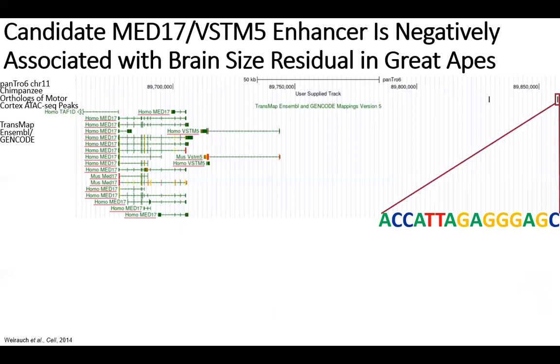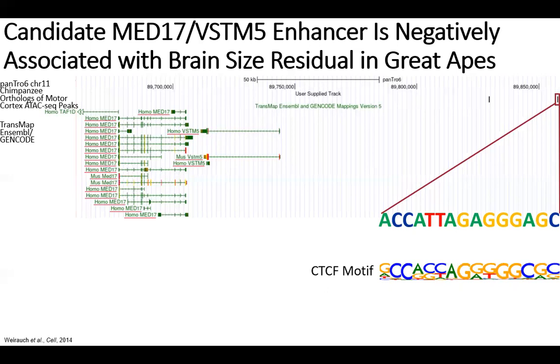Now this sequence actually matches the binding preference for the transcription factor CTCF. And as was mentioned in the previous talk, CTCF plays an extremely important role in connecting enhancers to transcription start sites. So CTCF is really important for enhancer activity in the brain, and in fact in almost every tissue and cell type. Now, if we look at the human ortholog of this specific sequence, what we see is that this